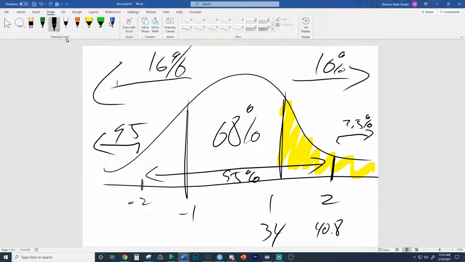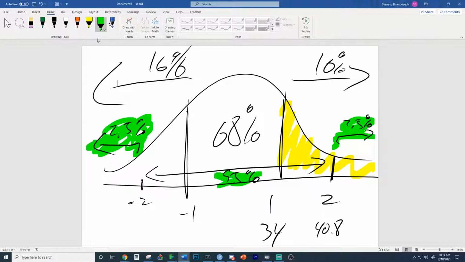So just to be clear, this right here is 5% total. What I've shaded is 5% because we're doing the outside region of the 95. 95 inside, 5% outside, cut it in half for each side. So take a look. If we have this area we're interested in, we want to find, trying to make it clear,